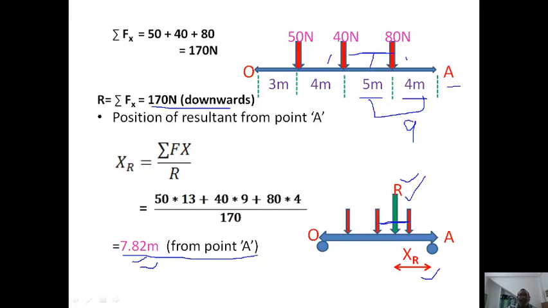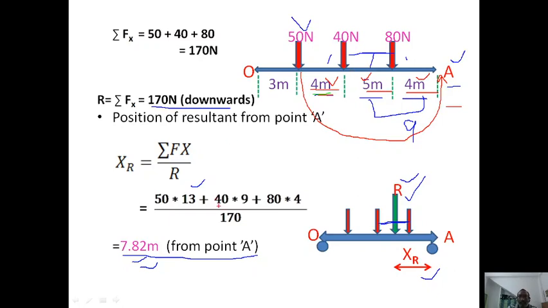Right? Even in this formula sigma F of x, I am getting the values from the A. You see, I took the 15 newtons into 13. 13 will come by addition of this 4, this 4, and plus 5 plus 4 towards the A. So I am taking like this. So I have to add these three values, 4 plus 5 plus 4, 13 meters, right?